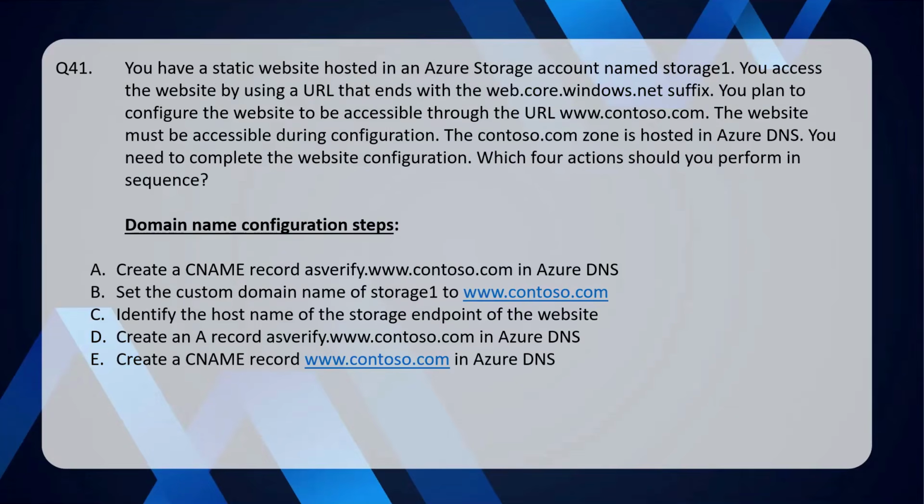Create a CNAME record as verify.www.contoso.com in Azure DNS, set the custom domain name of storage1 to www.contoso.com, identify the host name of the storage endpoint of the website, create an A record as verify.www.contoso.com in Azure DNS, create a CNAME record www.contoso.com in Azure DNS. Now friends, you should start with identifying the host name of the storage endpoint of the